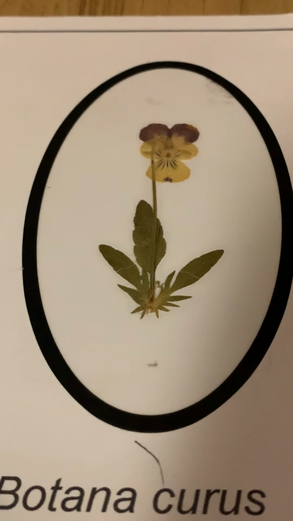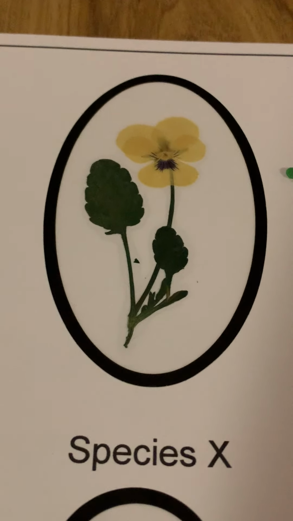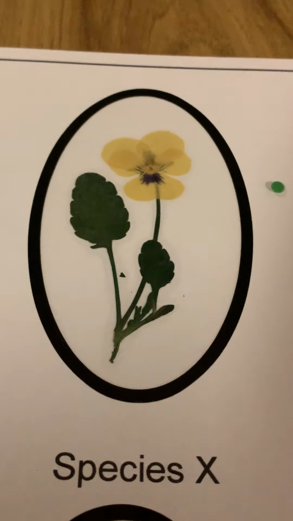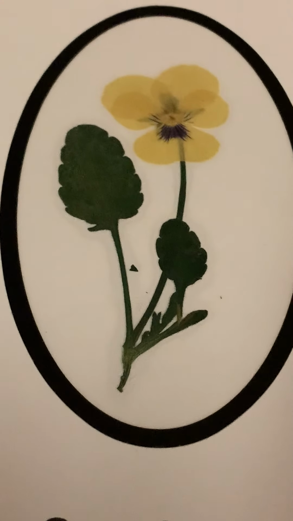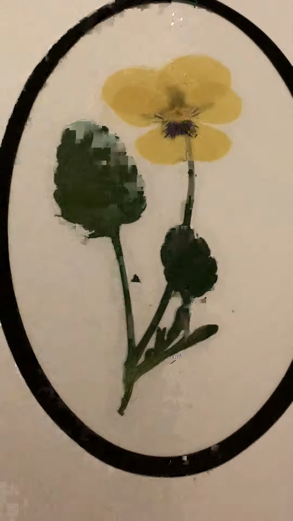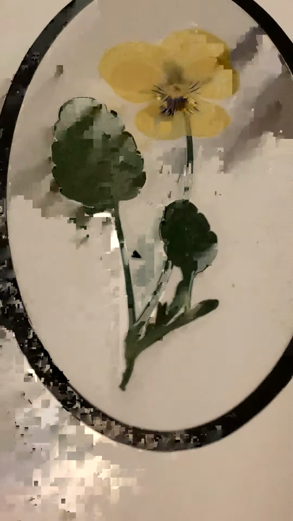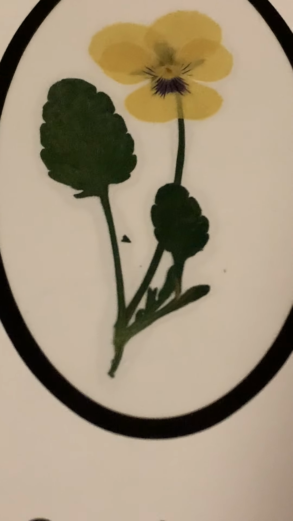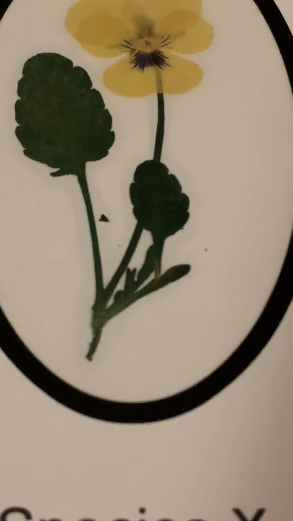Great. Now we're going to look at species X. Species X does not have a name. We're going to just name it species X for our science today. Again, as much detail as possible: the kind of petals you see, the color, the shape of the leaves, if they're rounded, if they're pointed, if there's a long stem, a short stem, if the stem is narrow, all these